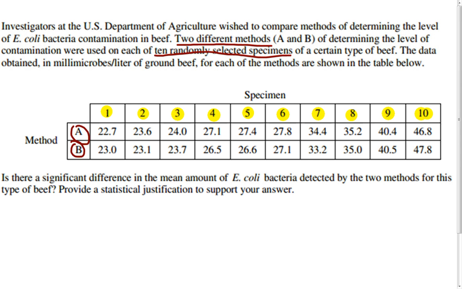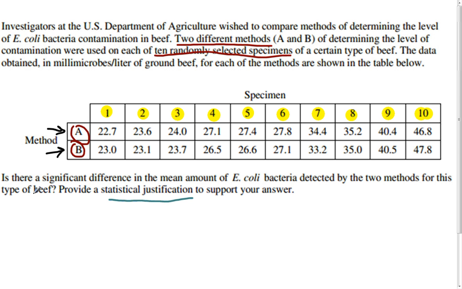Now, we're comparing the two, and it says, is there a significant difference in the mean amount of E. coli bacteria detected by the two methods for this type of beef? Provide statistical justification. You might be very tempted to say, oh, well, that's easy. List 1, list 2, 2 sample t-tests. Well, the problem with that is that there is actually a better way when you know exactly who the specimen